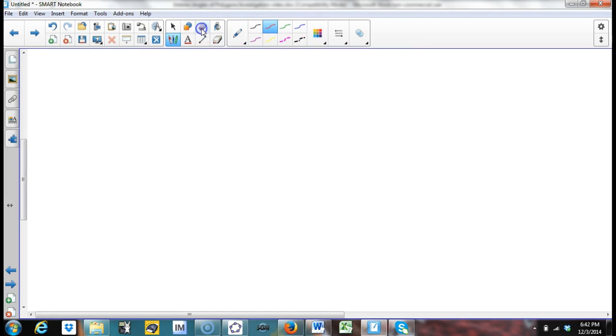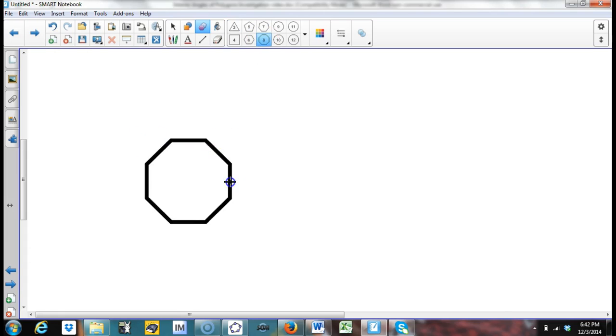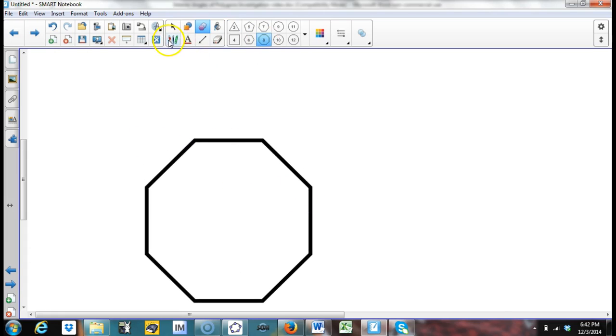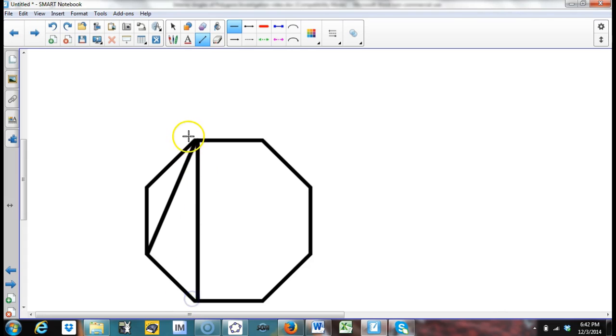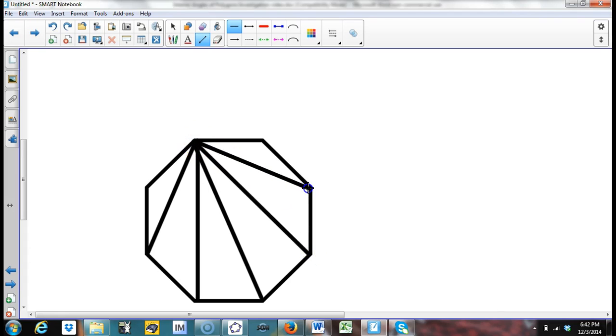Let me grab a tool here and make an octagon, for example. So here's an octagon. Here's our process again, just so that you can understand this, I hope. We're going to pick a point, and draw as many diagonals as you can. So I'll pick this point right here. So the first diagonal, again, these are adjacent, that's a side. So here's my first diagonal, second diagonal, third diagonal, fourth diagonal, and in this octagon I can actually make 5